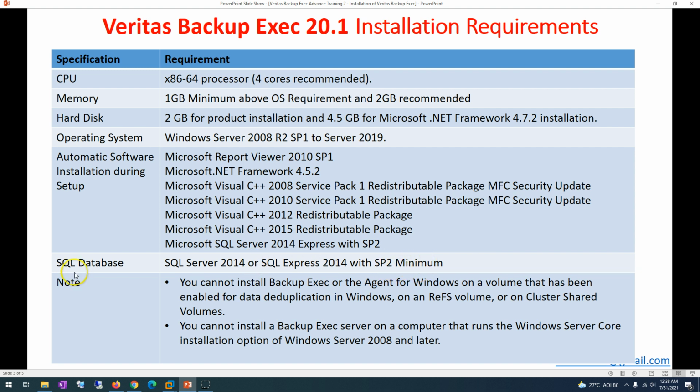Service Pack 2. And note, this is the most important thing: you cannot install Backup Exec or an agent on Windows on a volume that has been enabled for data deduplication in Windows, or a ReFS volume, or a cluster shared volume. You also cannot install the Backup Exec server on a computer that is running Windows Core, which is also an installation option, or Windows Server 2008 or later. You need to make sure of these things before installing the